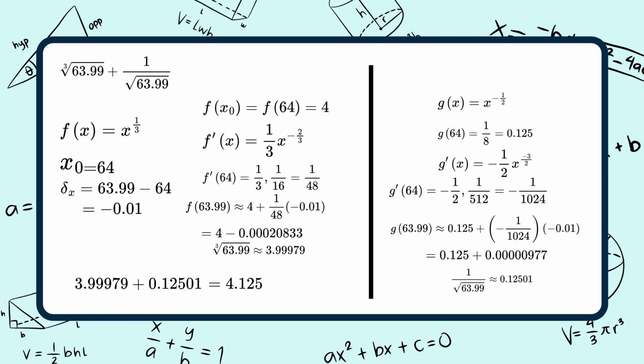Using the formula, g of 63.99 equals 0.125 plus negative 1 over 1024 times negative 0.01 equals 0.12501. And for the final answer, we will get 4.12480. You have to round it to 3 decimal places. The final answer is